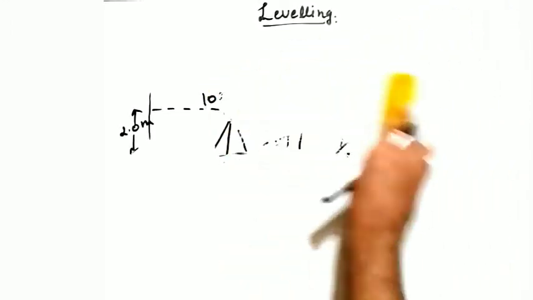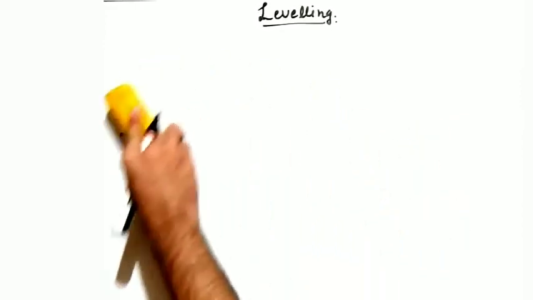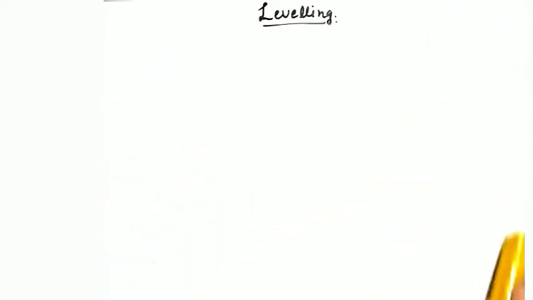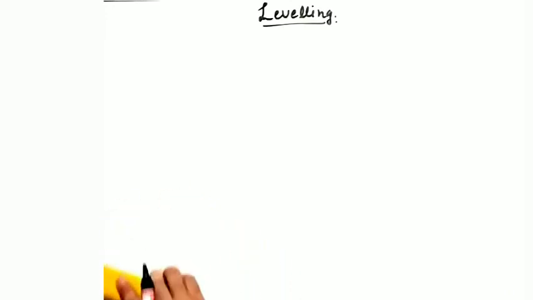I guess the rise and fall method is an easier method when you do not change many stations. If you take too many readings from a fixed station, then you go for the rise and fall method. But if there are too many changes in the stations, then I prefer that you go for the rise and fall method. If there are fewer changes in the station, then you go for the height of instrument method. Since at every change of station there will be a new height of instrument, it will get tricky.